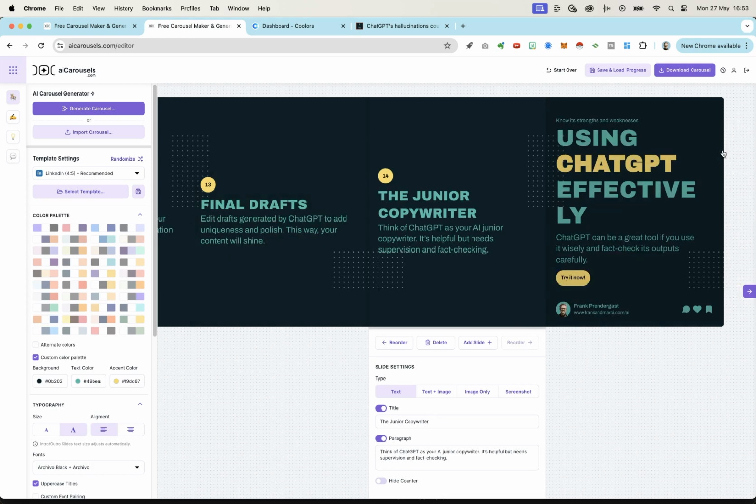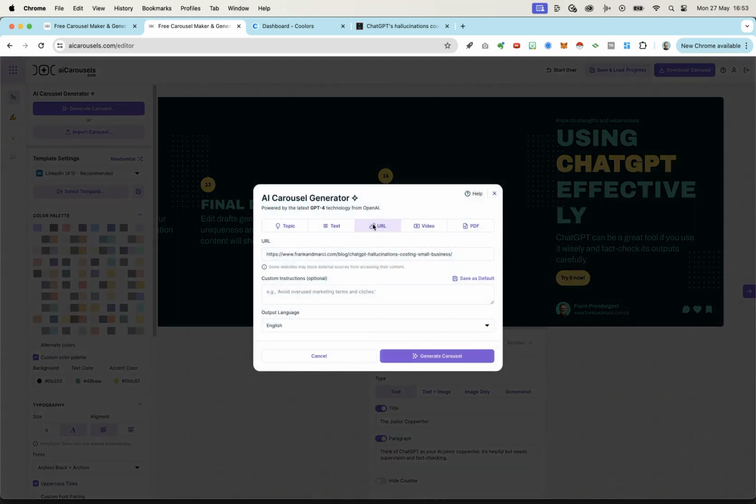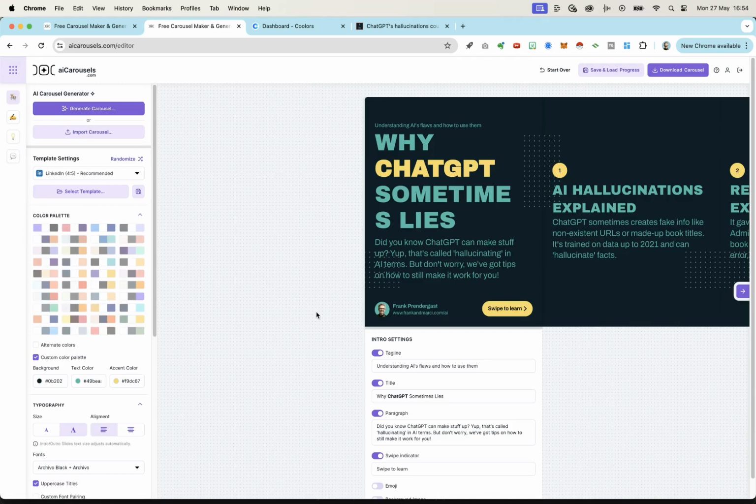But I wonder also if we use the custom instructions, would we be able to get it to do even better? So let's go back here. Okay, so now let's tell it to maintain the personality of the original content and specifically look for unusual turns of phrase that you can include. Let's try just that and see what happens. So, why ChatGPT sometimes lies? I mean, straight away, this is a nicer title, I think,